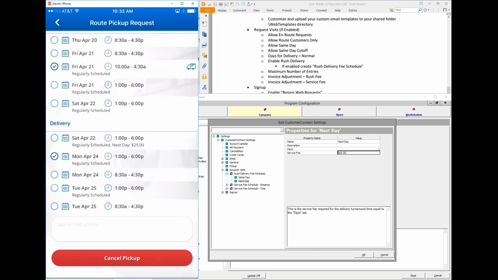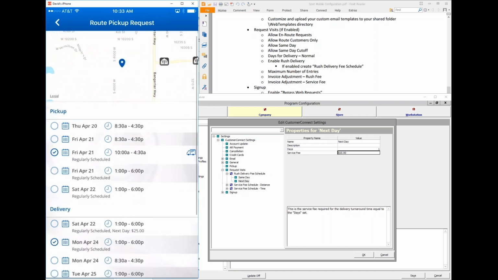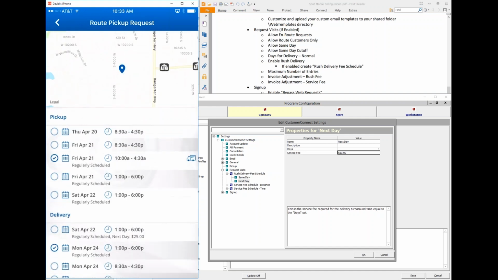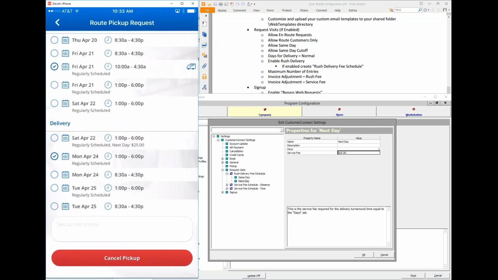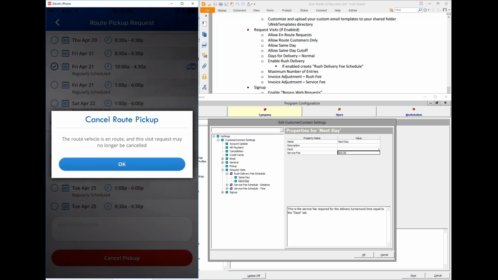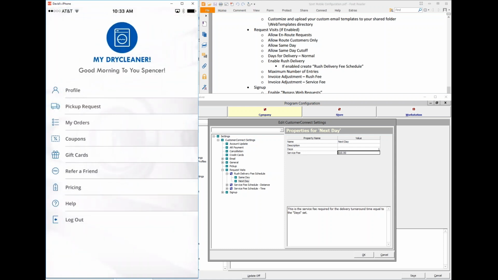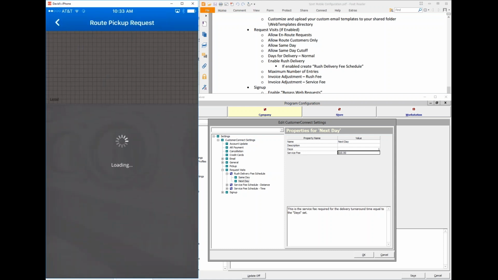Regularly scheduled, and you'll see cancel pickup. So if I choose regularly scheduled, because I am a regularly scheduled customer, if I choose those days, I don't actually need to choose them because I'm going to get a visit either way. You'll see it changes to cancel pickup. So if I just want to cancel my pickup from here, well, it says it's no longer en route,